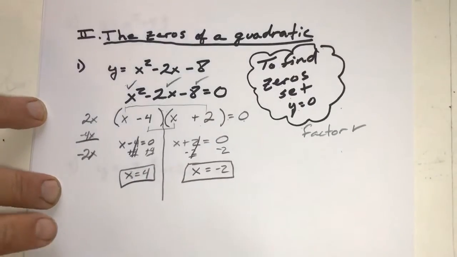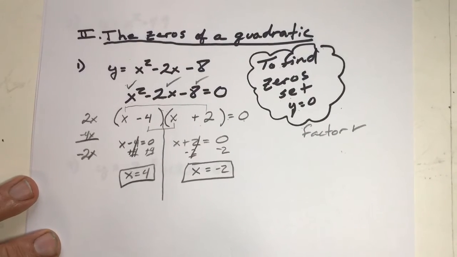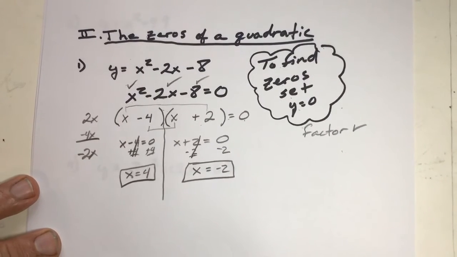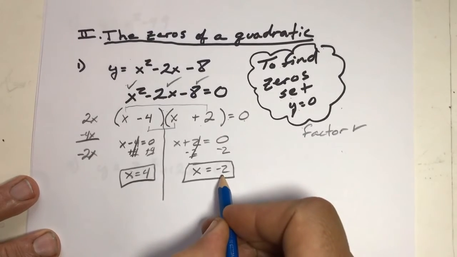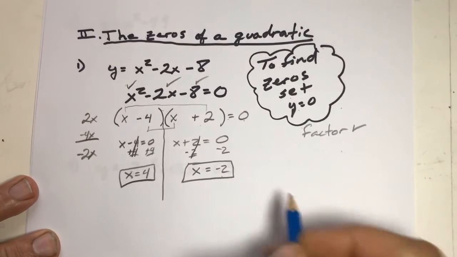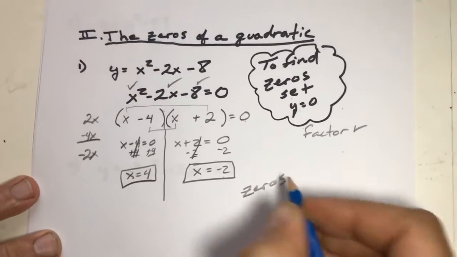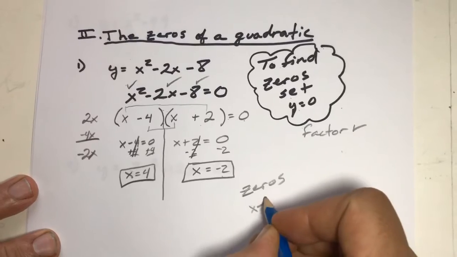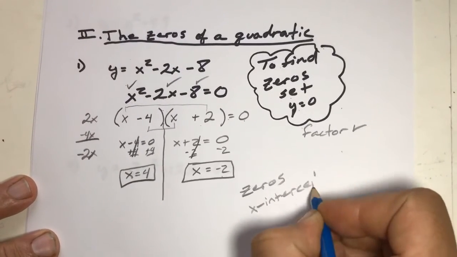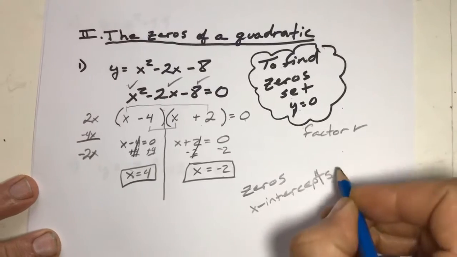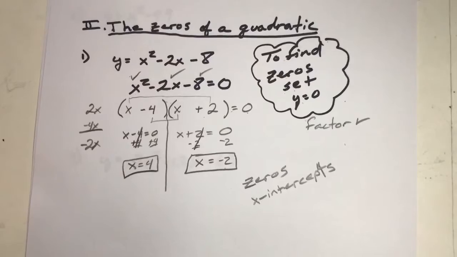Now these are what are called zeros. That means that when this parabola is graphed, it's going to hit the x-axis at 4 and hit the x-axis at negative 2. So these are basically x-intercepts. So the word zeros and x-intercepts are the same thing. Okay, so let's move on down